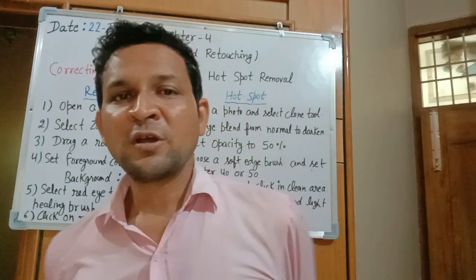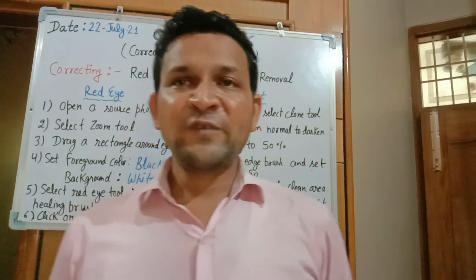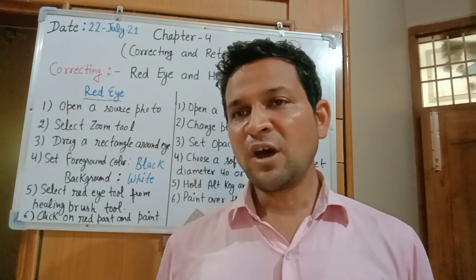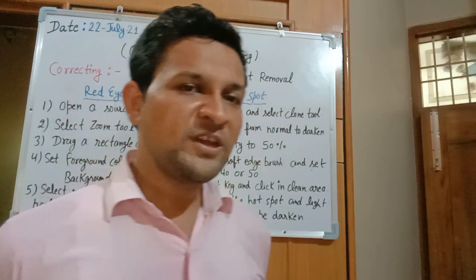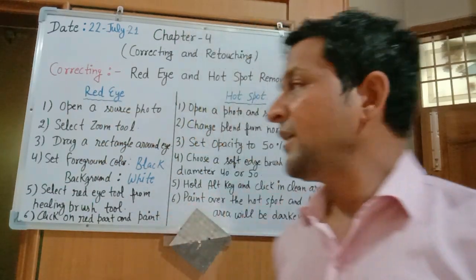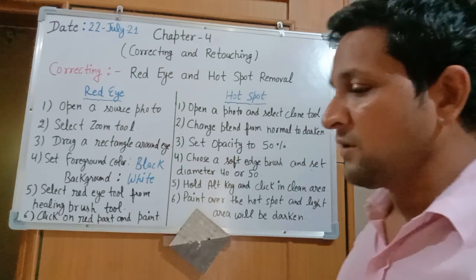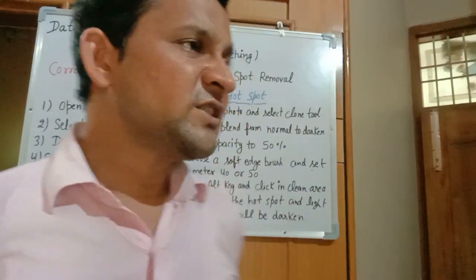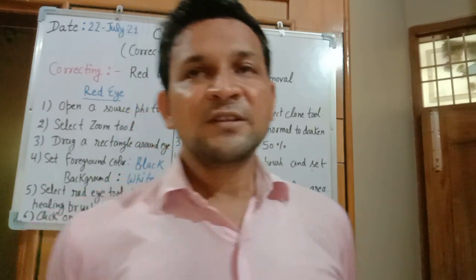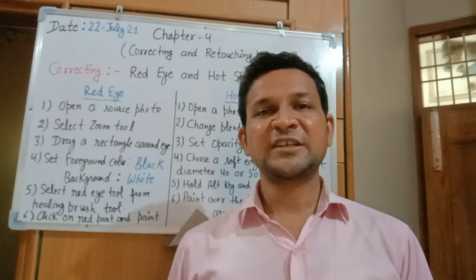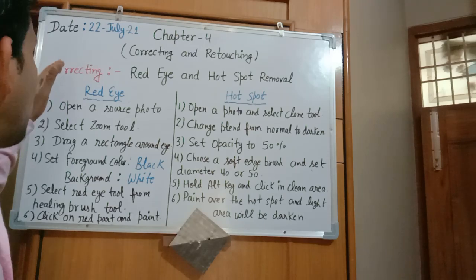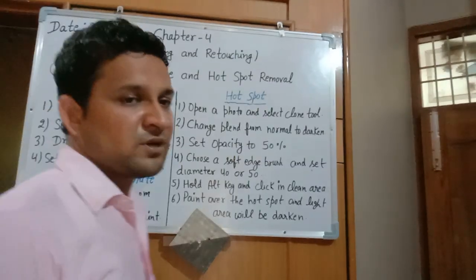The second concept is hot spot. Hot spot means that on your face some part is lighter and some part is getting dark, so you are not looking attractive in that photograph. So we have to adjust the combination of your face. To do the adjustment, we need to use the concept of hot spot removal, in which we convert from normal mode to darken mode. We will darken that part of your face that is very light, that is not up to the mark. So let's start the discussion of how we can perform red eye removal and hot spot removal.